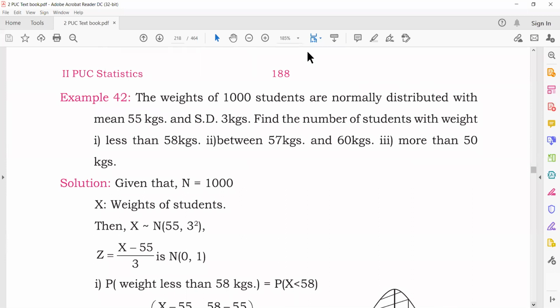But when it comes to application, problems like this help you guess, for example, the number of students. If you have a certain number of students, you want to guess how many will weigh between these limits. Or you're talking about students participating in an examination, with the past average and standard deviation of the marks. Using that, how can you predict how many will pass this time, how many will get a seat? All such estimates could be obtained when you know the values of mu and sigma of a normal distribution.